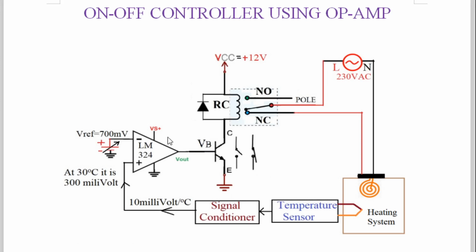And how much high voltage? It is plus 5 volt. Therefore, the transistor will now behave as a closed switch and the relay coil gets magnetized, and